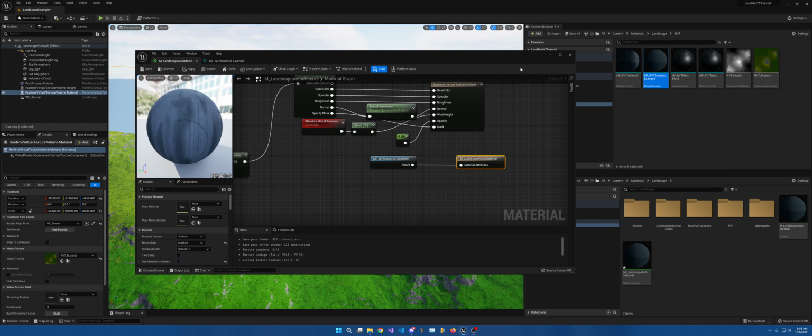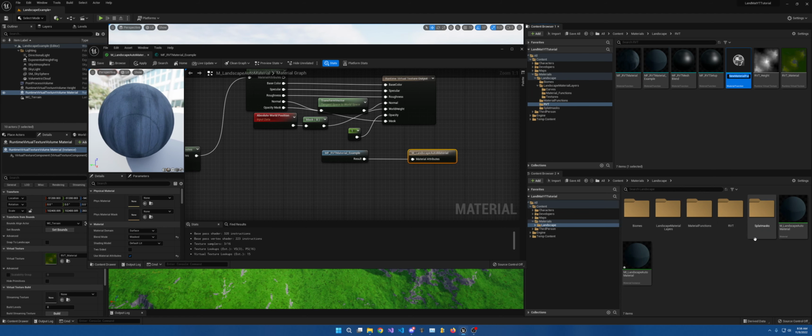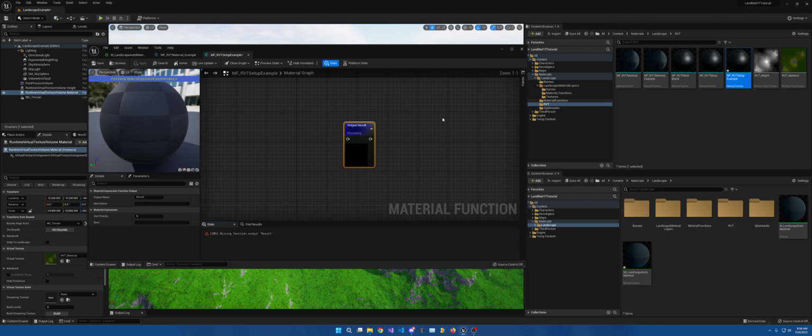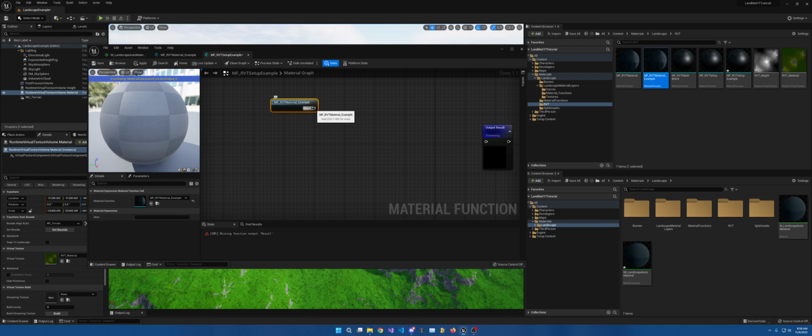So we're going to create another material function. This one is MF_RVTSetup, and I'm going to name mine Example. Open this up. Now we're going to put in our example, and then we're going to right click